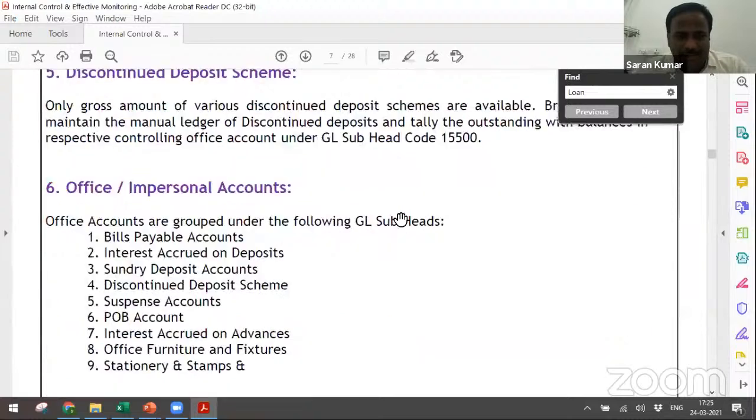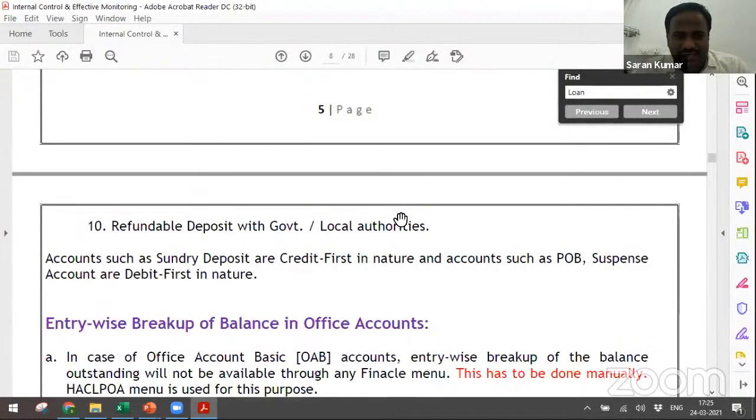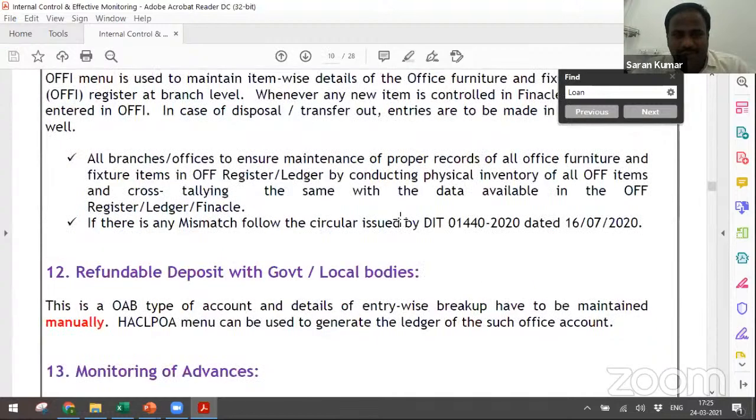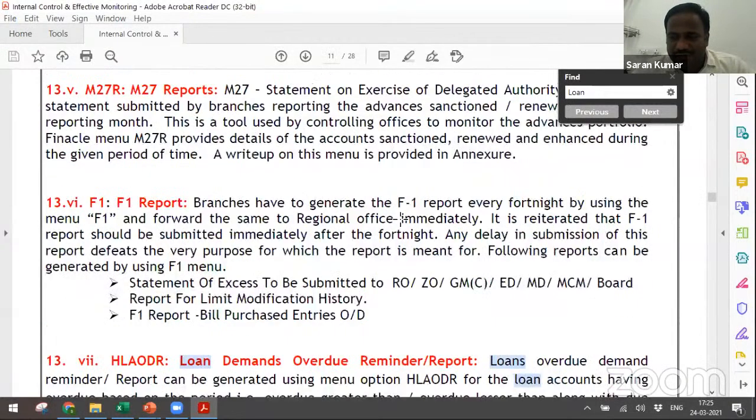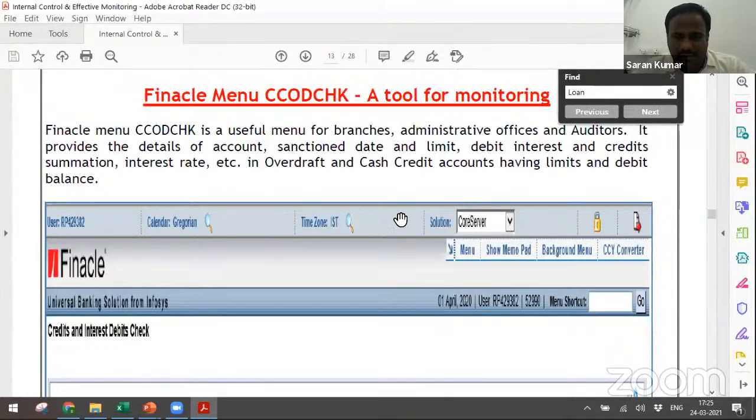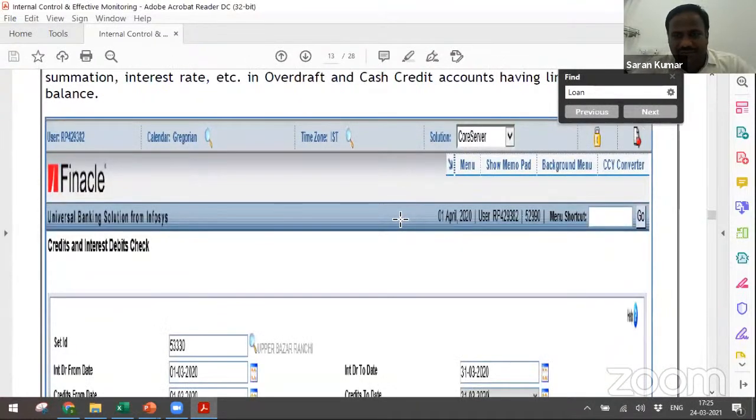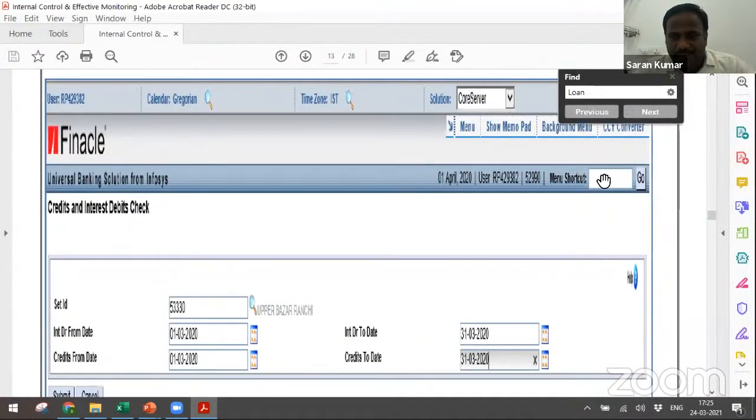If you observe here, let me show you a little. This is what the Finacle user interface looks like. This is the core server. Then you need to give the menu shortcut here. Whatever I highlighted here is the place where you write the menu key.